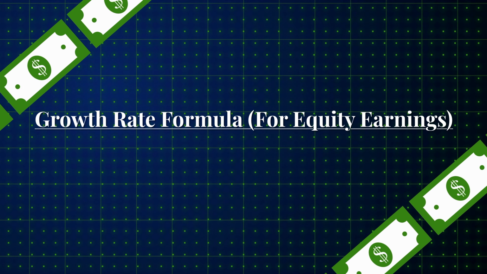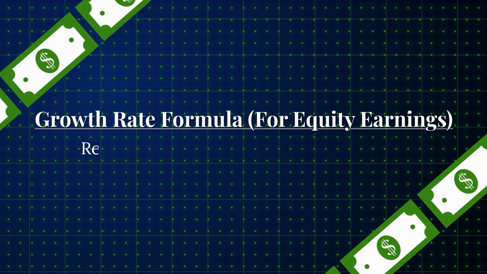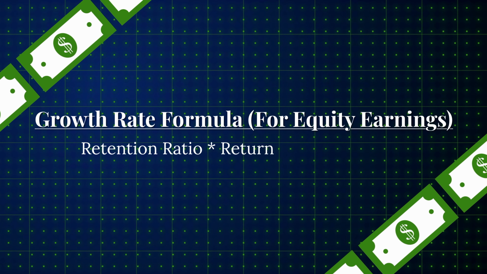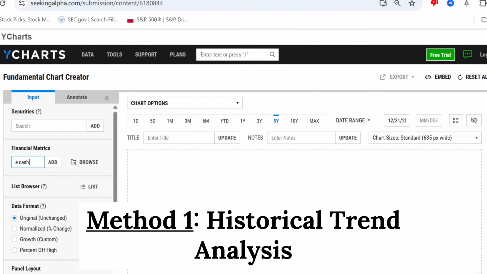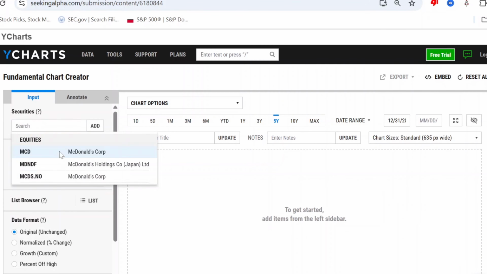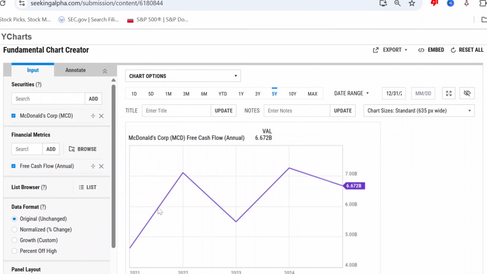In a future video where we cover a slightly more advanced DCF, I'll show you how to calculate the growth rate yourself by multiplying the company's retention ratio by the company's return on equity. But for the purpose of a simpler DCF model, there are two easier ways of estimating a company's growth. The first is by using historical trend analysis, where you look at how much a company's cash flow has grown year after year, say over the past 5 years, to get a sense of how fast it might grow in the future. But to keep this DCF model as beginner friendly as possible, we'll go with the second method, which